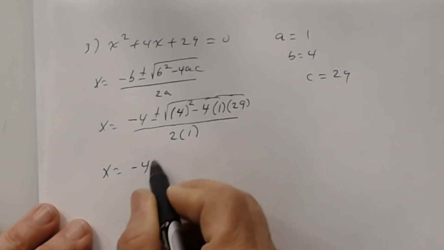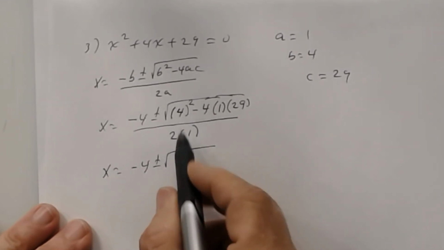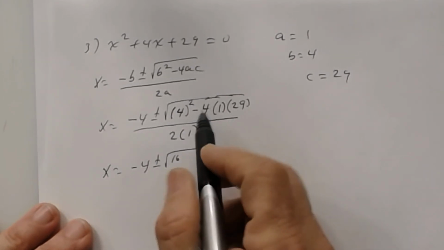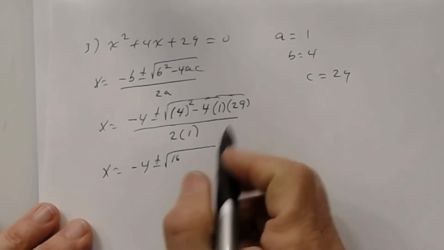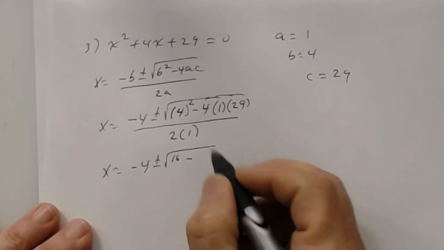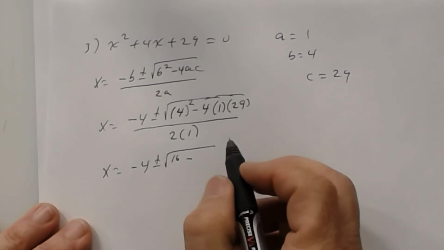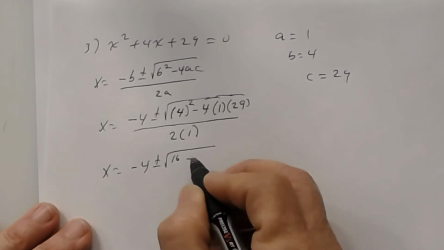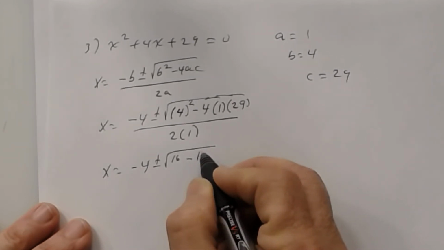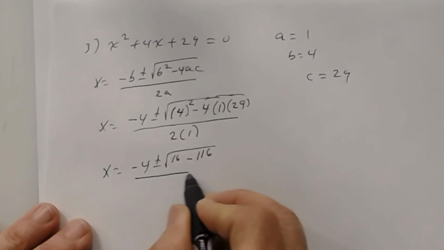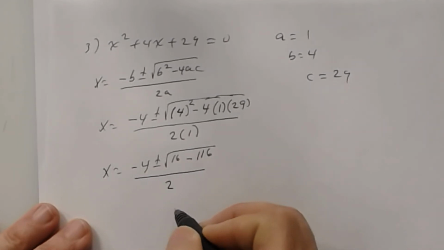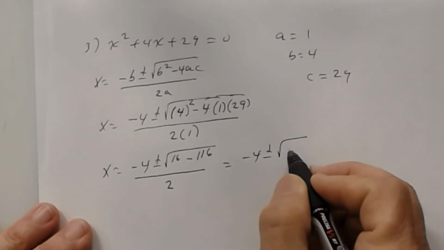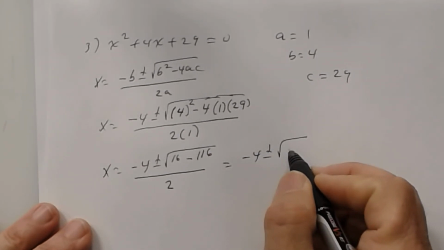X equals negative 4 plus or minus the square root of 4 squared. Always positive, that should never be negative. All right, a negative times a positive is a negative, so you're going to be subtracting 4 times 1 times 29 on your calculator. What is it? 116? All over what? 2. So it equals negative 4 plus or minus the square root of negative 100